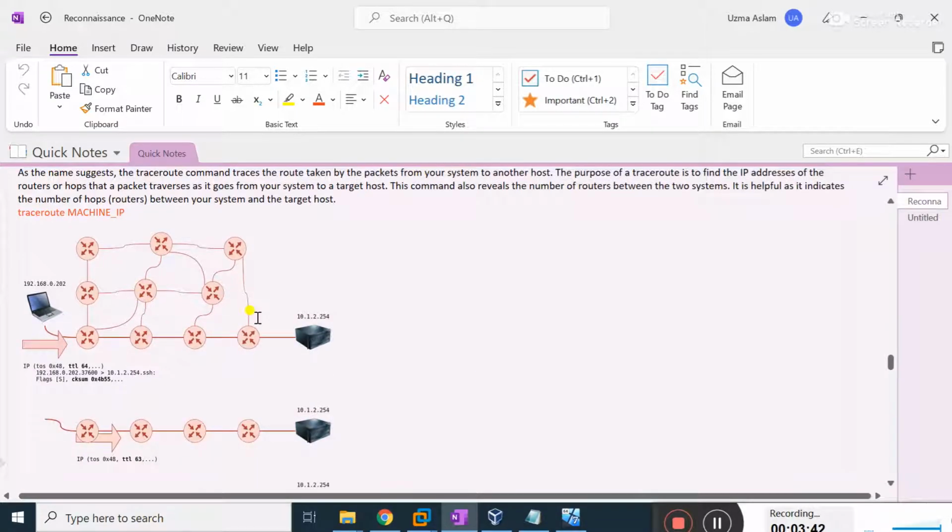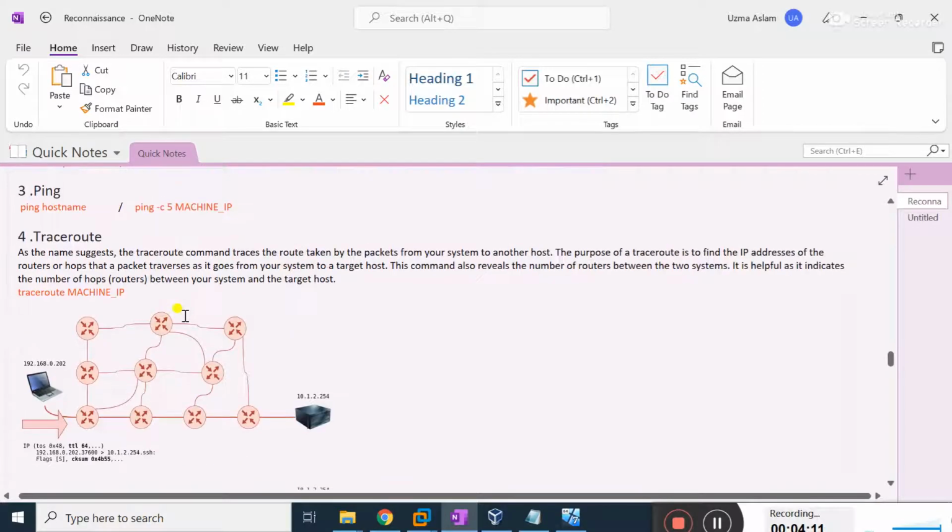On screen here is a picture. A laptop is present, and its IP is 192.168.0.202, and the other server is present here, and its IP is 10.1.2.254. Now when I send a request from this laptop to this server, see, there are many interfaces in between. My request goes through all these interfaces in order to reach its destination.